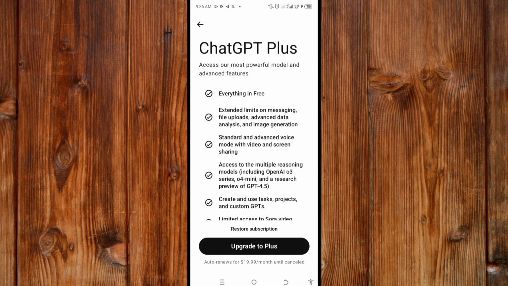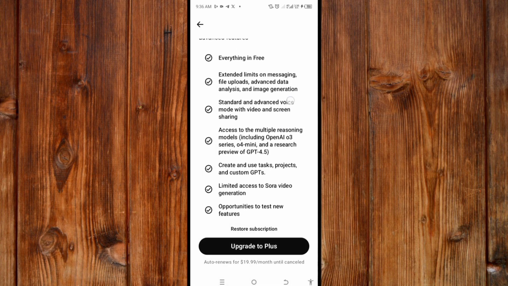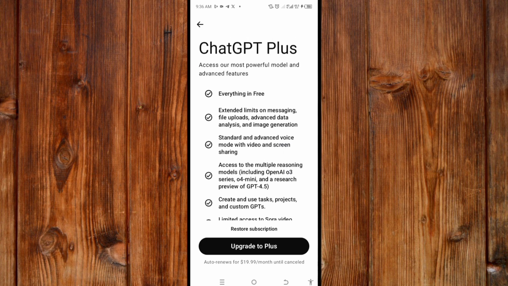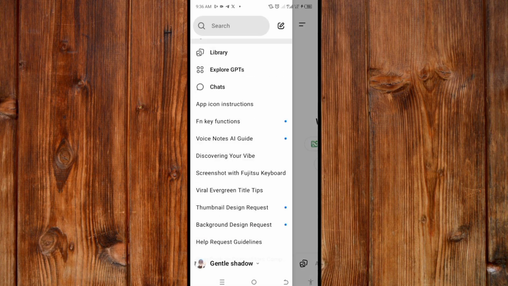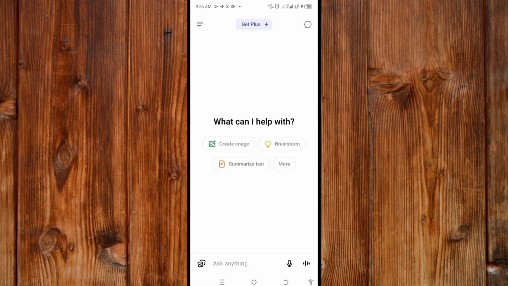to Plus, and then you can see the features added to Plus. You can see it here, and then click on Upgrade to Plus to upgrade it. Now to go back, click on your back navigation like this, and then click on this back arrow icon, and then click on your home screen like this. So that's how to use the ChatGPT